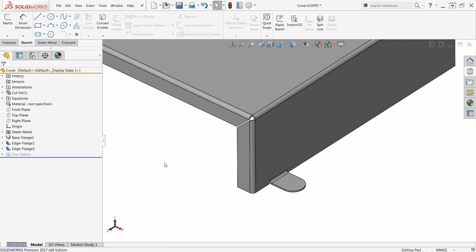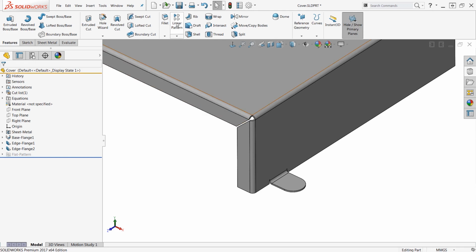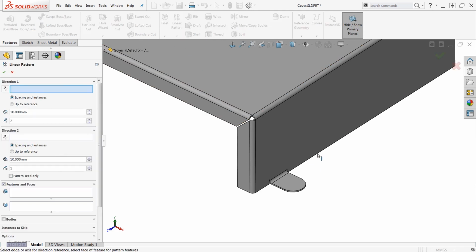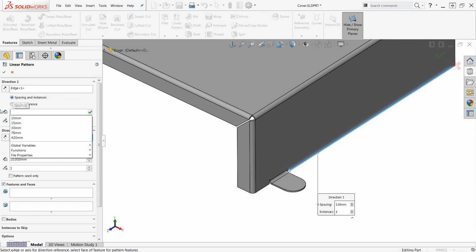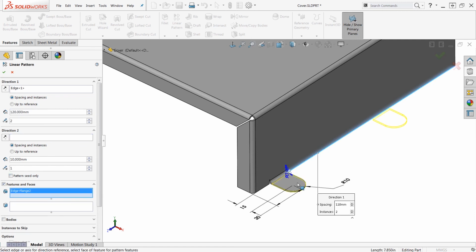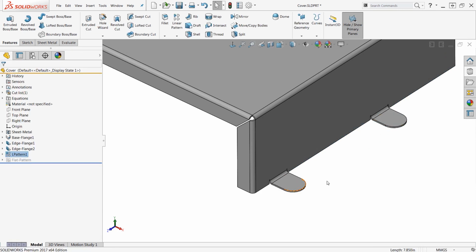Now, working with these types of features, it's just a feature, so you have the same linear pattern. So I'll do a linear pattern of this. Select that edge. Specify a value of 120 for that. Features and faces, I'll go ahead and select that, and I'll right-click to add a linear pattern of